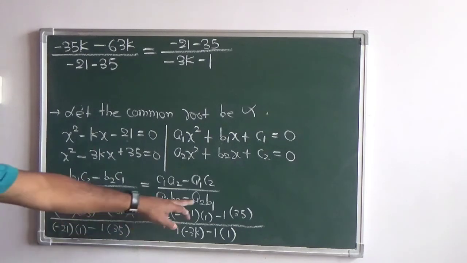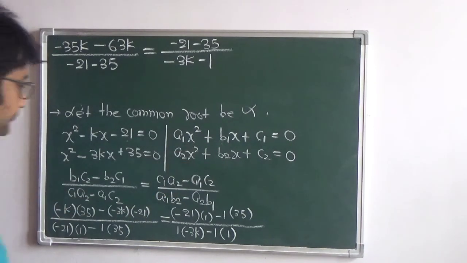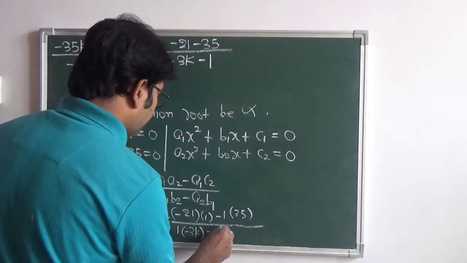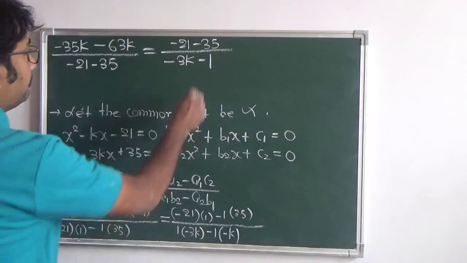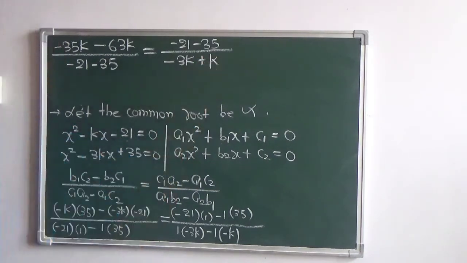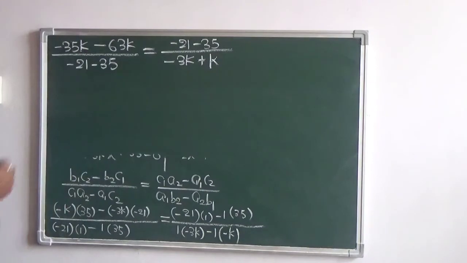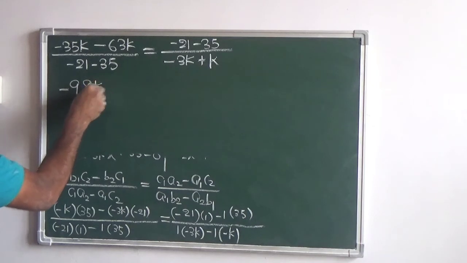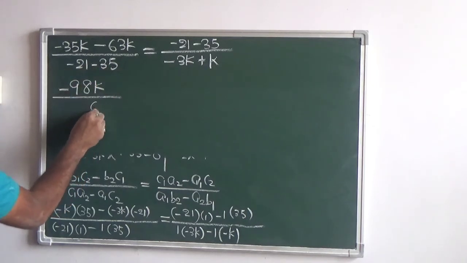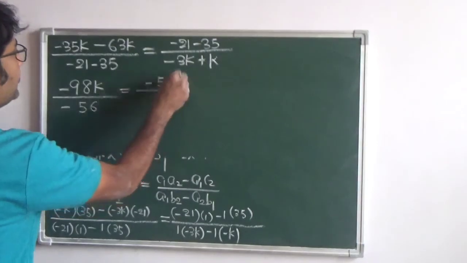Is it okay? b1 is minus k, so it will be plus k. So minus 3k plus k. Now how much is it coming? Minus 98k divided by minus 56, this is also minus 56, divided by minus